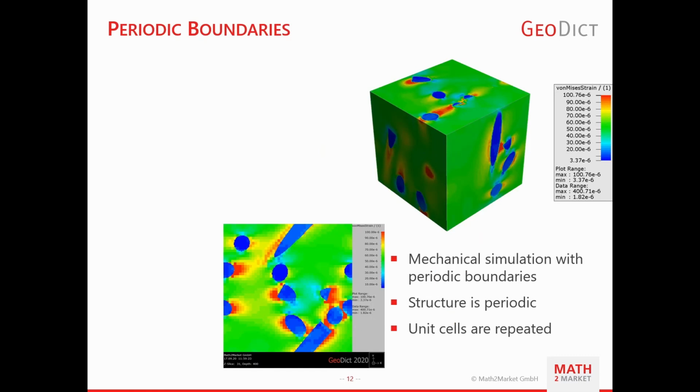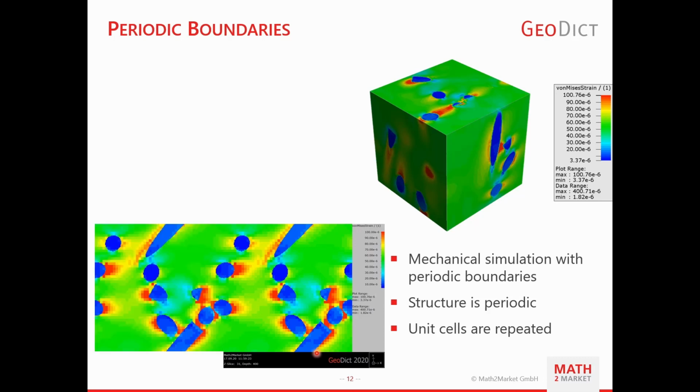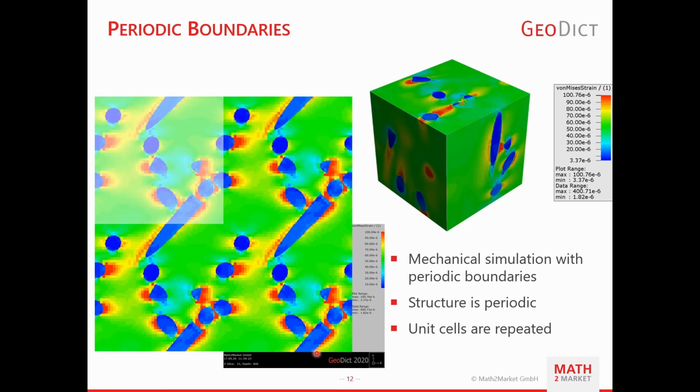Whether a structure is periodic or not also has an influence on simulation when it comes to choosing boundary conditions. When you choose periodic boundaries, all the information at the edges, for example in this case the strains, so that's a tensile test on the periodic structure I showed you before, and here you can see the strain distribution. So the strains that are here at the outer voxels at the boundary are also again present at the first voxels here at the bottom. So this structure is treated as if the unit cells were repeated on all sides. And that only works with a periodic structure.